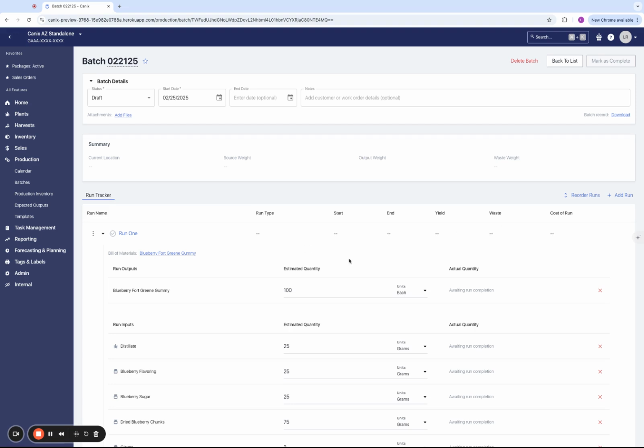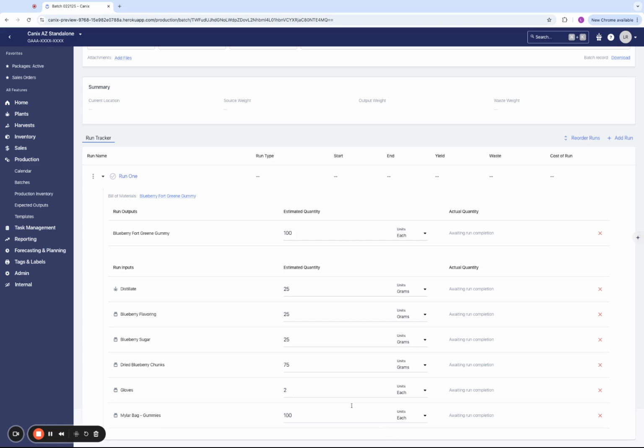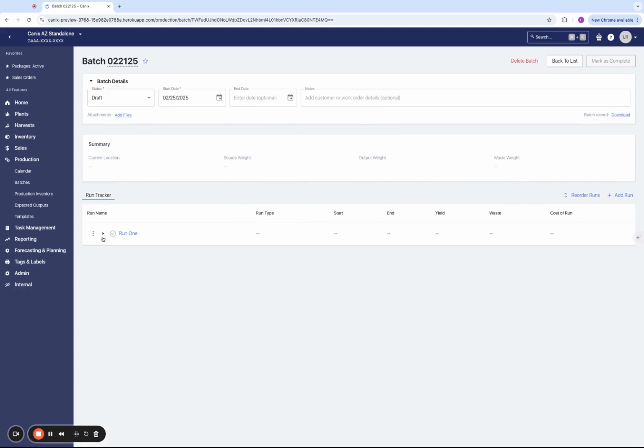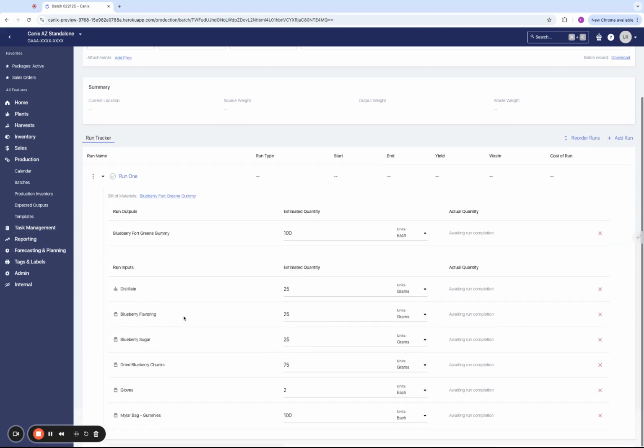Further, we have added an estimated quantity column here where we're able to delineate the estimated quantities we are looking to create for our outputs and we are looking to use in our run inputs across our source cannabis and non-cannabis items. These are collapsible, so if we add more than one run, we'll see them stacked as collapsed runs here, and we can open each run to see the details of the bill of material used and associated to this run that is hyperlinked to the bill of material itself, all of the run outputs that we have set